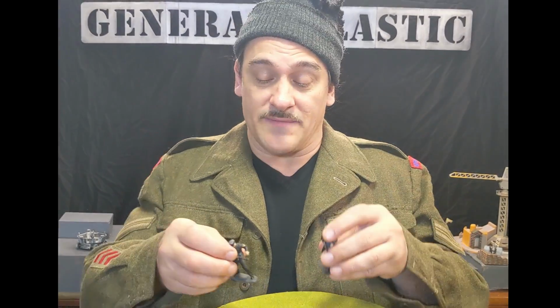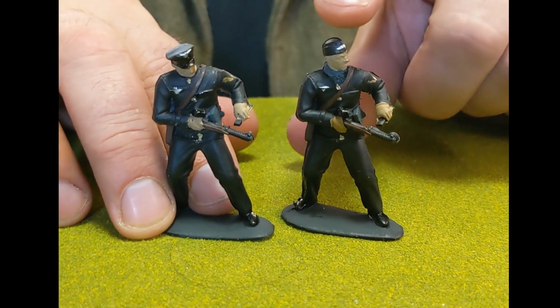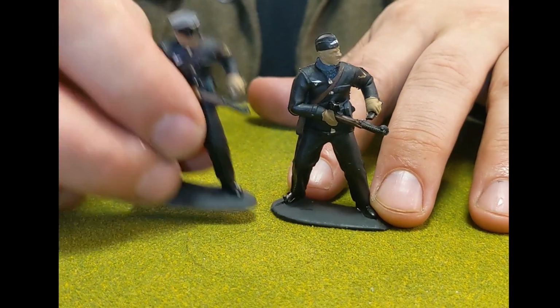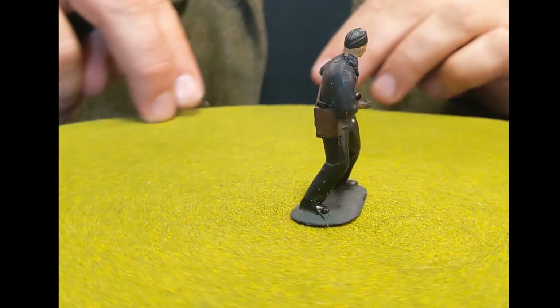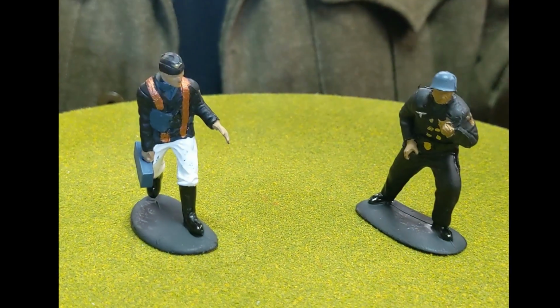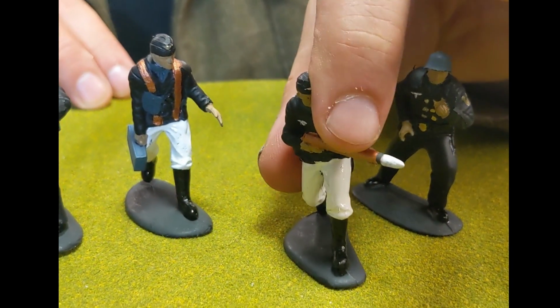As always, I created some conversions. And this one was a simple one. I just swapped out the head from the commander and put a figure wearing a side cap. So that's an easy configuration. Anybody can do it. And he's quite useful and looks great. For conversions 2, 3, 4, and 5, I basically just cut away their weapons, because they would be very useful firing